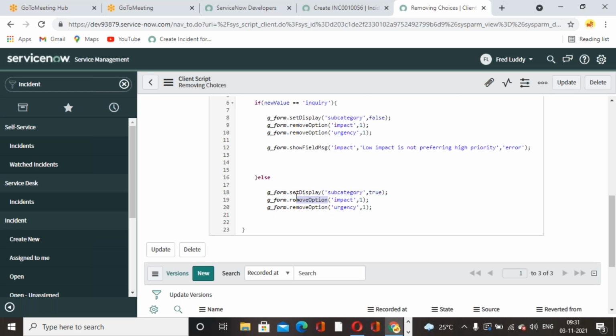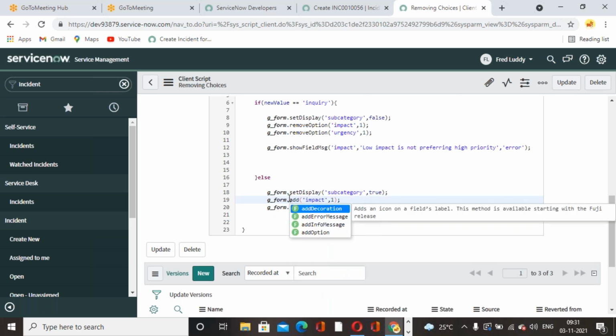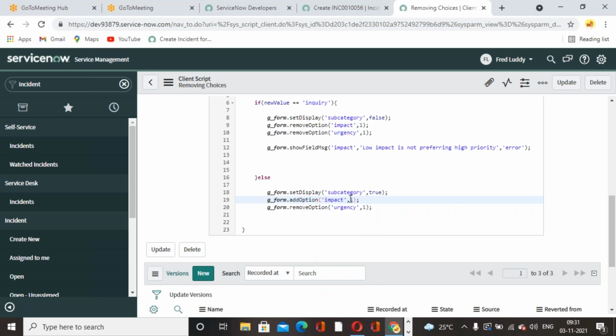There is one more method called add option. So add option impact. We have to pass the impact high